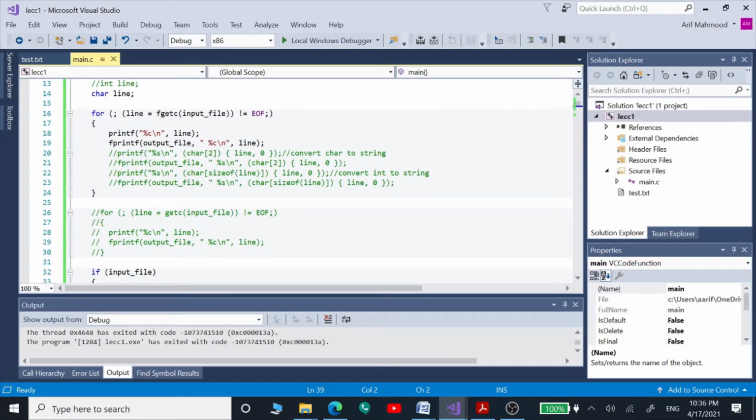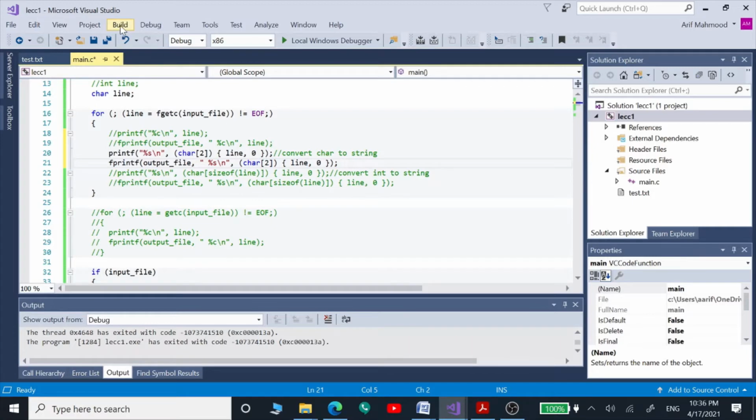And now I am going to show you how we can convert those characters into strings. So this is the way we can now convert our characters into strings, and this is the line where we show the output onto the console window, and this is the line where we can store our values into an output file as well.